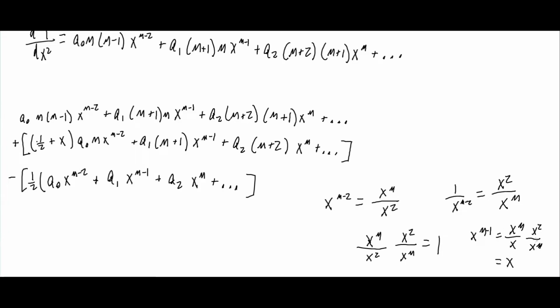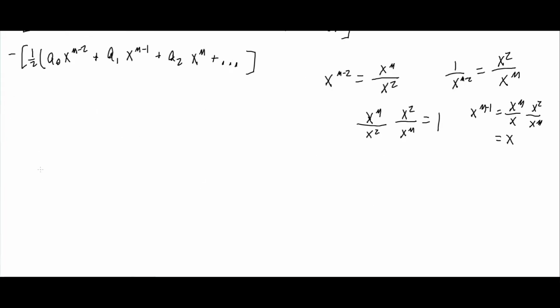And so by dividing everything by x to the m minus 2, or multiplying it by x squared over x to the m, we can get rid of these common factors of x to the m minus 2, and what we end up getting then, after going through term by term and doing that, is we end up getting a